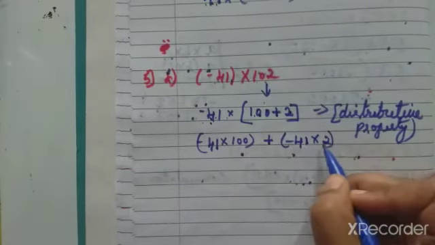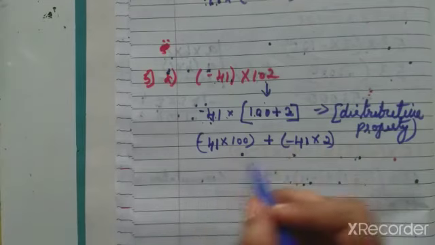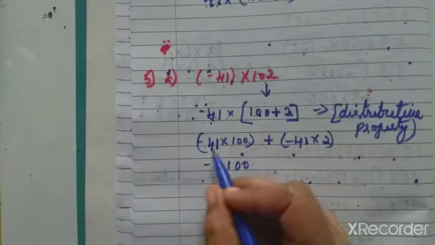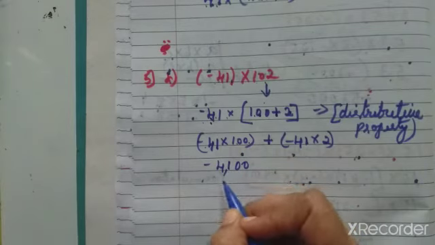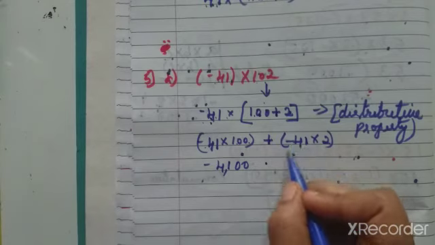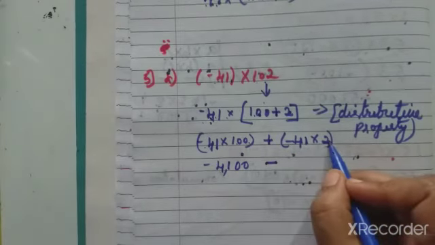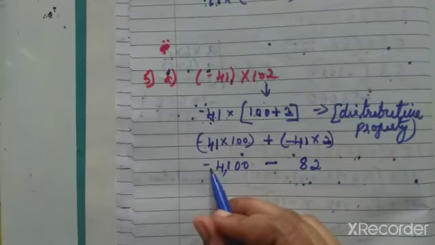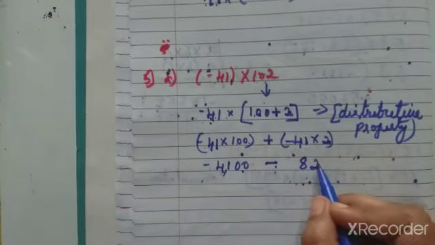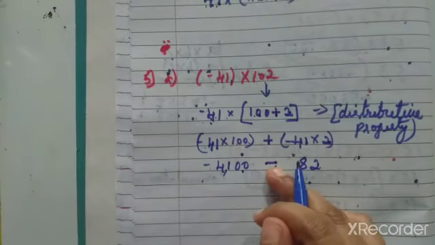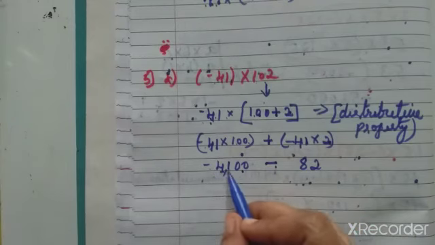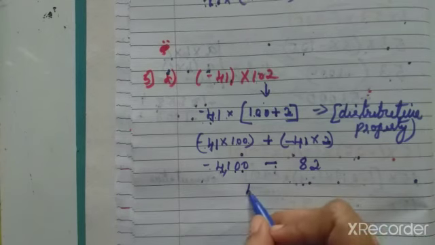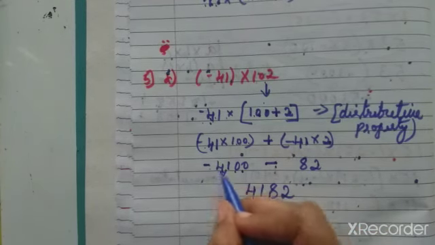Here also, in some questions we can try with any two methods. Now minus 41 into 100 is minus 4100 after multiplication. Plus into minus is minus; 41 2s are how much? 2 1s are 2, 2 4s are 82. Now minus 4100 minus 82. Same symbol means addition. Now we have to add and check. 4100 plus 82 means 4182. The greater number's symbol is minus.